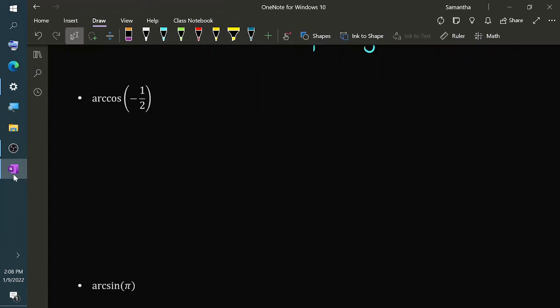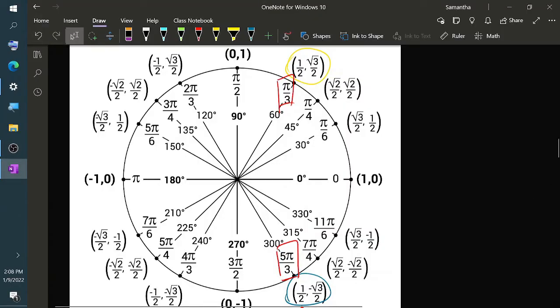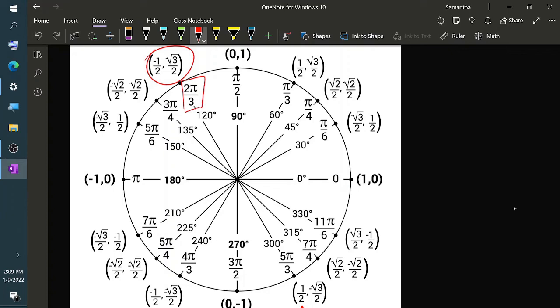Let's try it again. Someone asks me to evaluate arc cosine with -1 over 2 plugged into this function. So here I am looking at the unit circle again, in search of locations where the x-coordinate on the unit circle is -1/2. And there are two such locations. One of them up here in quadrant number 2, corresponding to an angle 2 pi over 3. The other one down here in quadrant number 3, corresponding to the angle 4 pi over 3. Now, which one of these angles am I going to choose for my final answer? I'm going to choose 2 pi over 3 because it's in the right range.